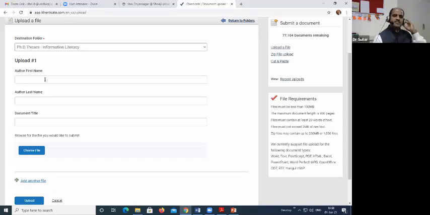Author's first name means the researcher's first name. Then author's last name means the researcher's last name. Okay, if it is Sangram Killedar, his first name will be Sangram, last name will be Killedar, and his PhD title will be given here. Either I will copy it from his thesis or I will type it as it is, and then I will choose a file. That will be brought in the pen drive, or I will copy it and paste it on my desktop. After filling all these things, when I choose a file, it provides a path.